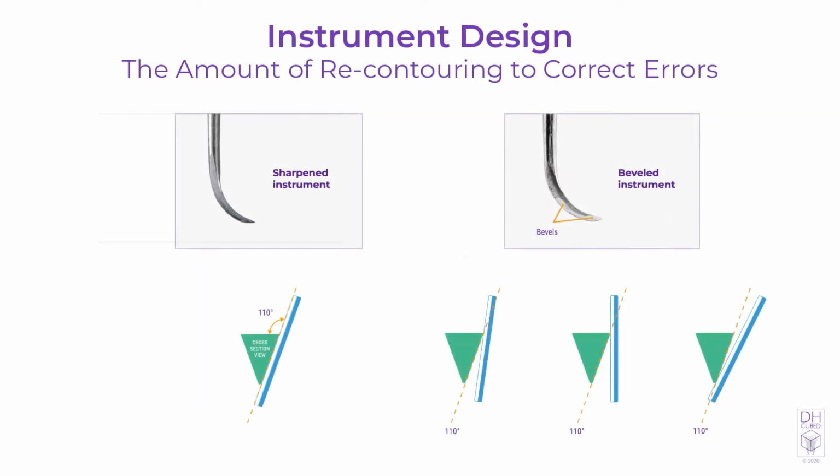If you don't stay at 110 degrees while sharpening the entire lateral surface, you will create bevels. Or another way to look at it is facets, like what you see on diamonds. The bevels are created because, as you can see, the stone has moved from 110 degrees to 90 degrees and greater than 110 degrees. Because it is difficult to maintain the proper 110 degrees throughout the sharpening process, bevels are